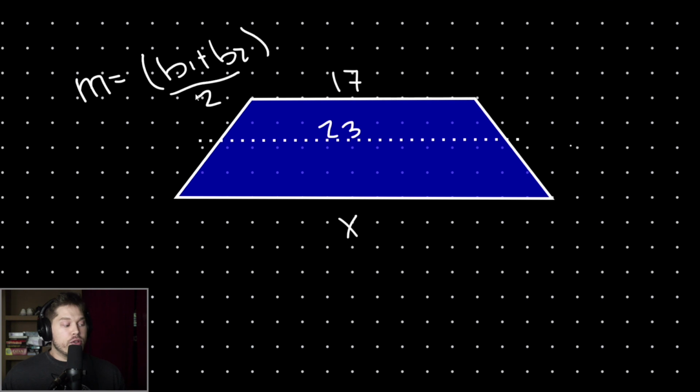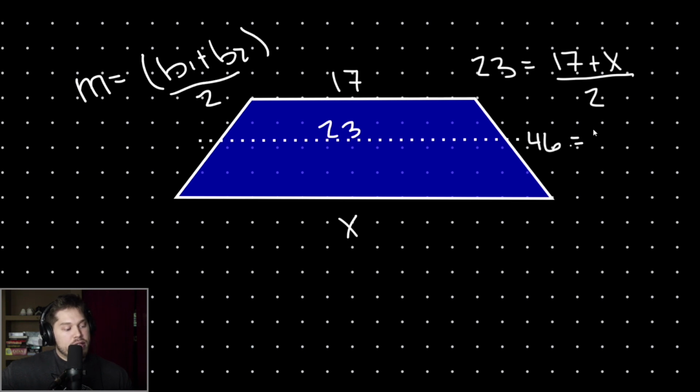We can still use our midpoint formula in that we have 23 is equal to 17 plus our unknown value divided by 2, and then we just solve algebraically. 2 times 23 is 46. 46 equals 17